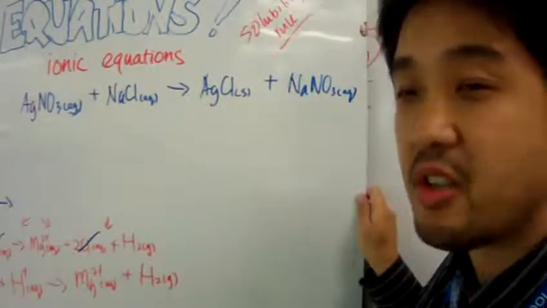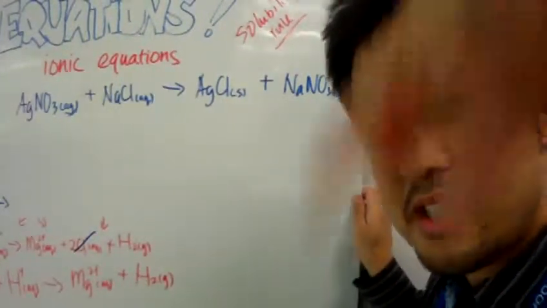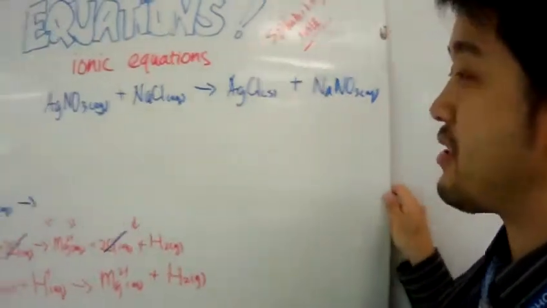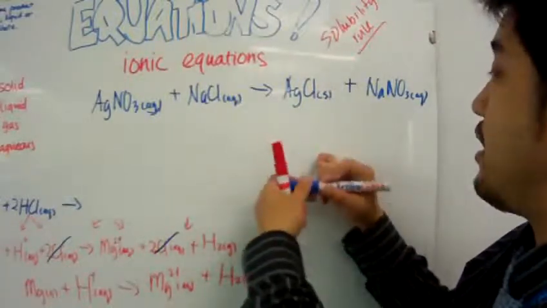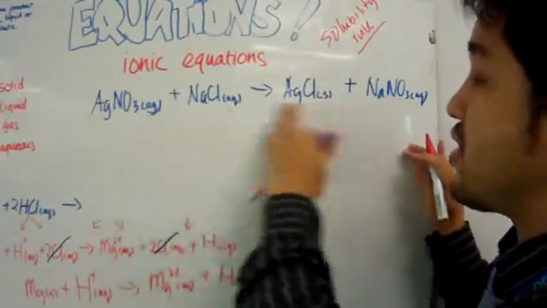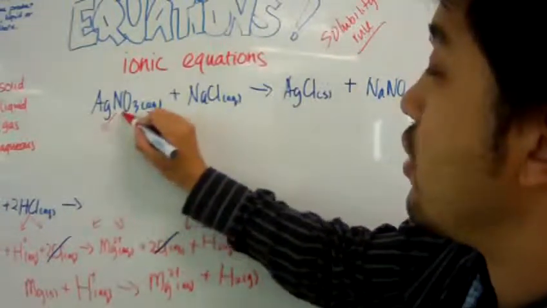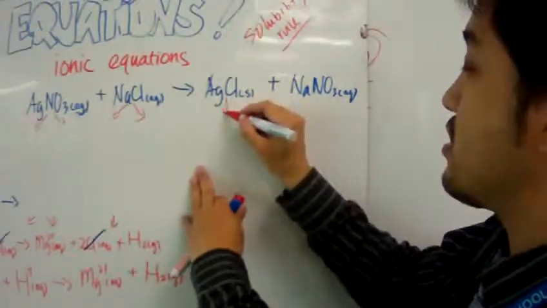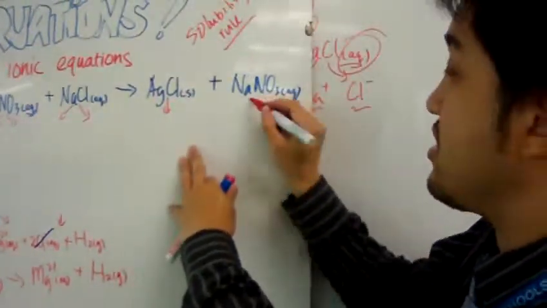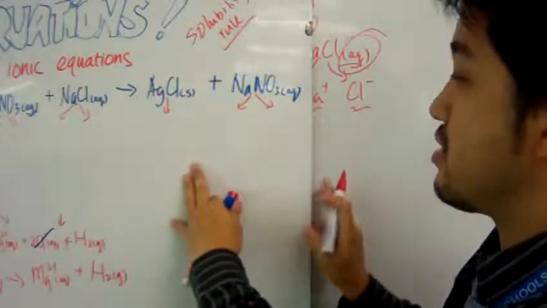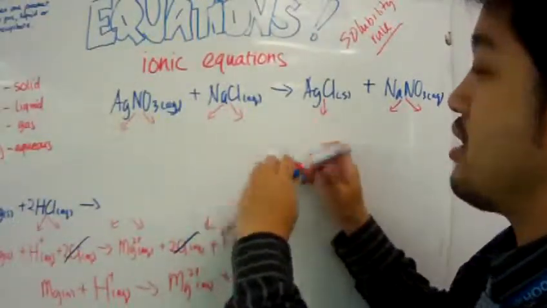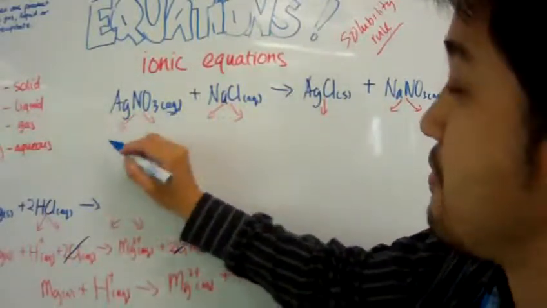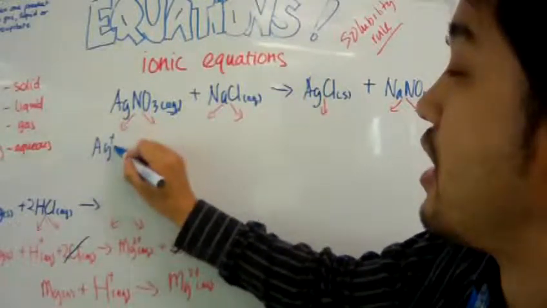Now, I will publish the solubility rules maybe in the description or in a future lesson. Okay? But anyway, these are the physical states for this equation. So what happens is these things will break apart. Silver chloride stays the same, and sodium nitrate will break apart, or actually not ionize, dissociate, because they are salts. Okay? So silver ions get formed